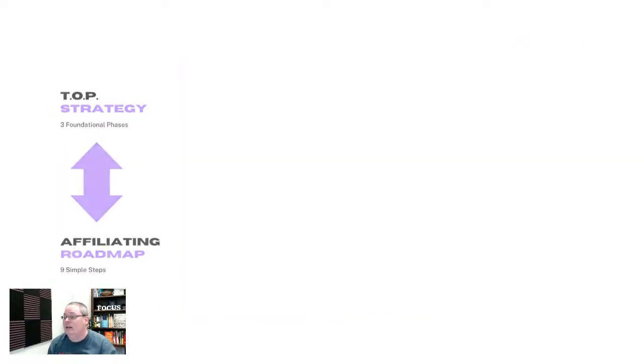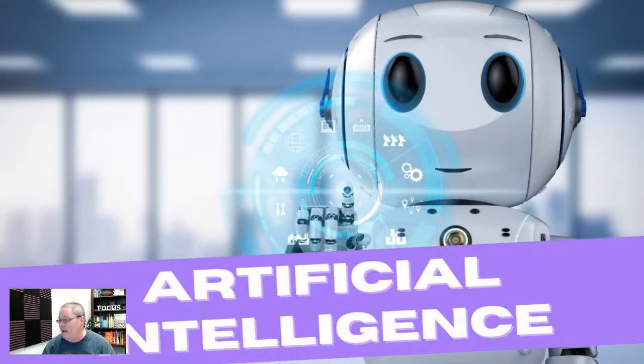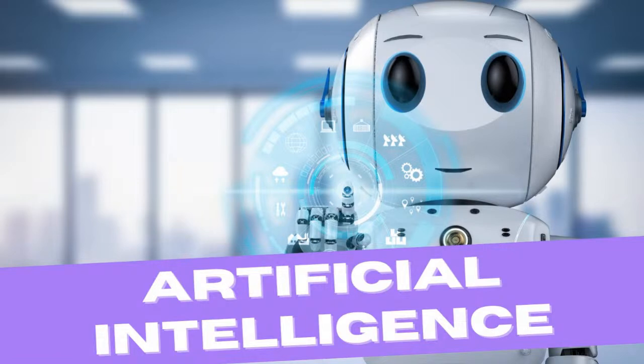All right. But there is an elephant in the room, and that big elephant in the room is artificial intelligence. And of course, the idea and the concept here is, can I use AI to make this happen faster? Can I use AI to do the things that I don't know how to do? One thing I will say is, yes, you can speed things up with AI once you understand each foundational phase and block that you need to build, and then looking at the steps that we need to accomplish. And inside of each one of those steps, the tasks that we need to take, you can use artificial intelligence,